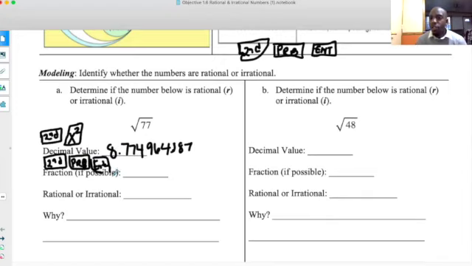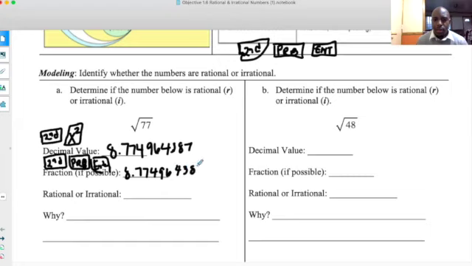Second PRB, enter, right? When we click on that, let's see if this turns into a fraction. And what you'll notice is it gives us the same decimal